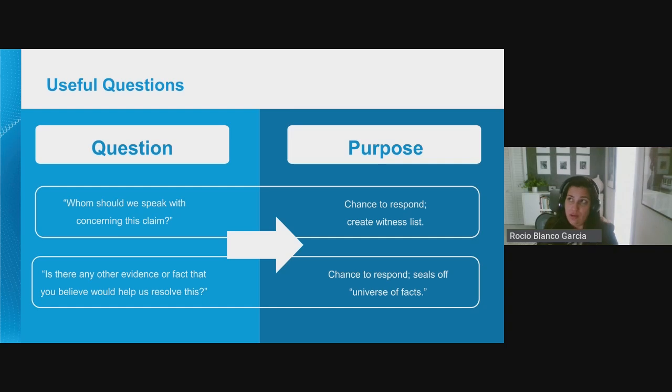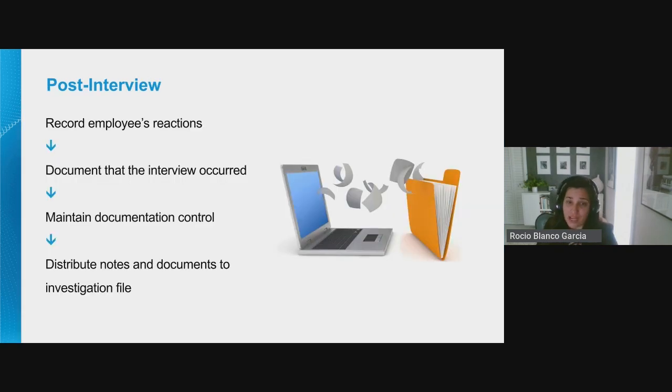As opposed to interviewing the accused, then I learn some more from the witness, and then I have to go and interview him again or her again about that particular issue. Now, post-interview, you're going to want to record the employee's reactions. So after each interview, you're going to be doing this. You're going to be taking notes during the interviews,